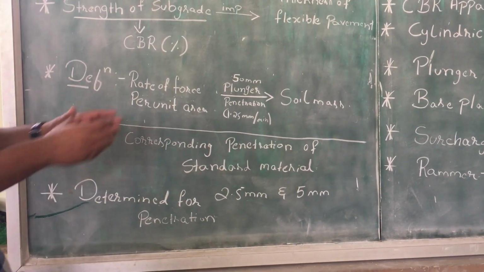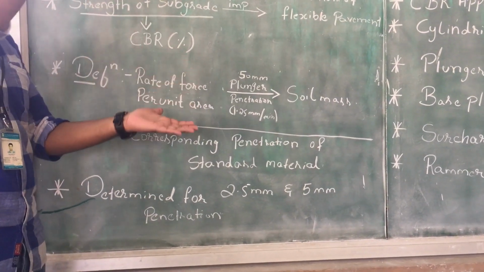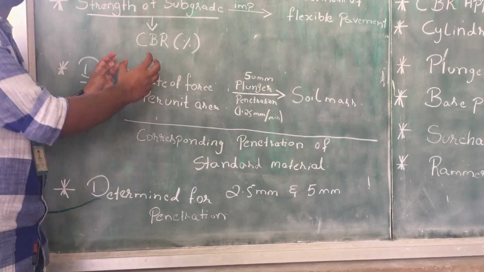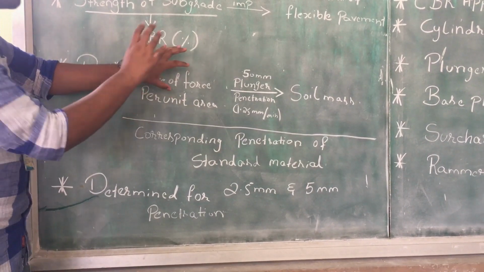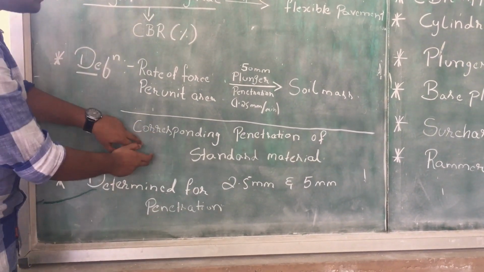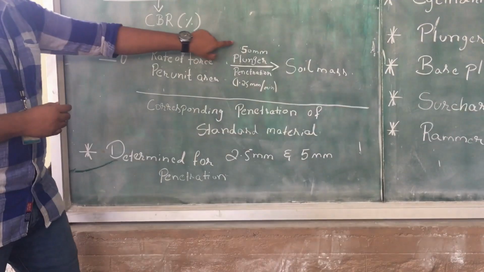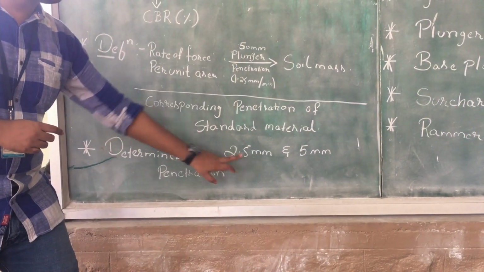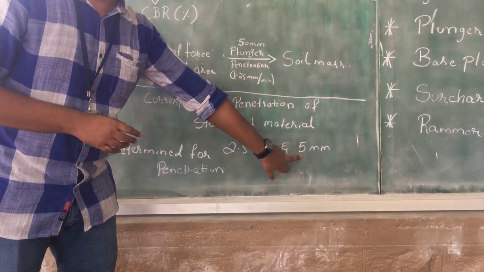There will be one standard plunger which will be penetrated into the soil mass at some rate, then a certain amount of force is obtained, compared to that of a standard material. Standard material will be some kind of aggregate. That ratio we call the California bearing ratio. The penetration will be taken for two values, one for 2.5 mm penetration and the other for 5 mm